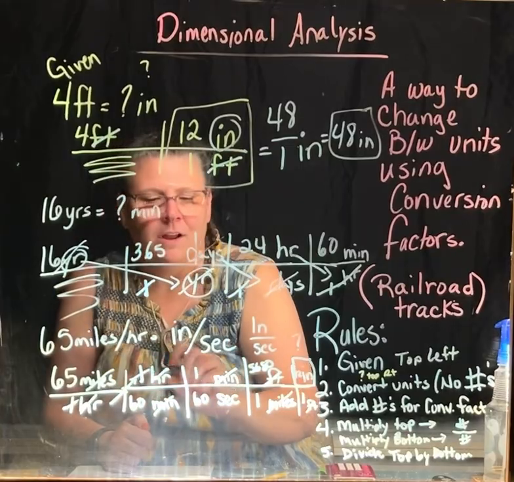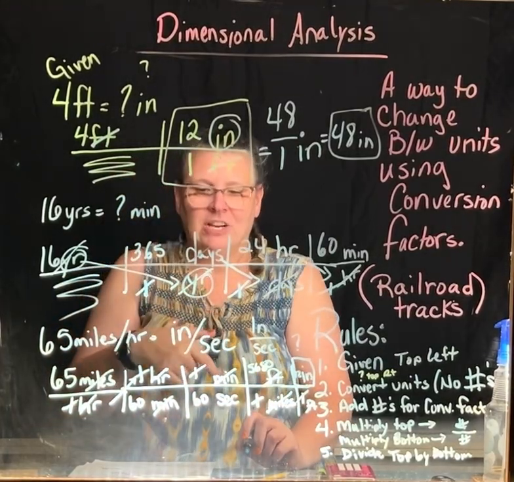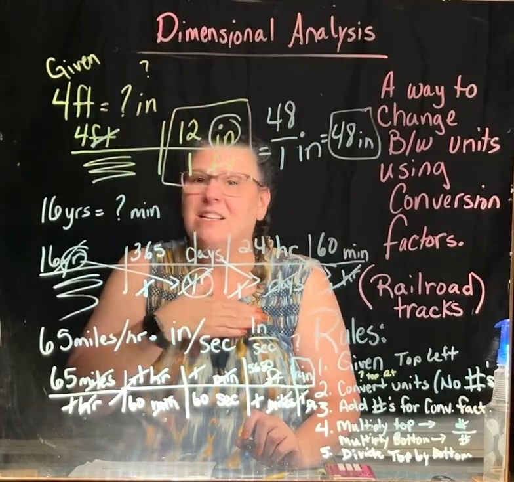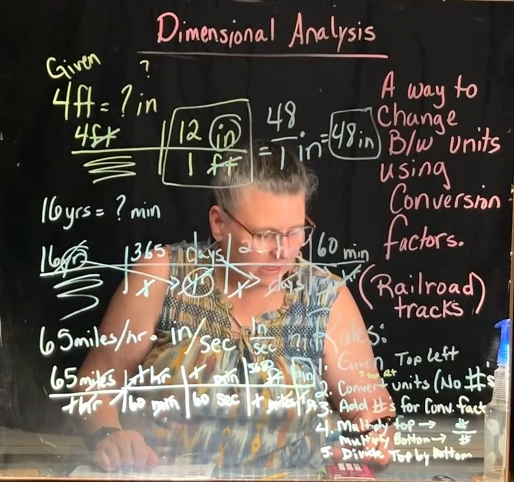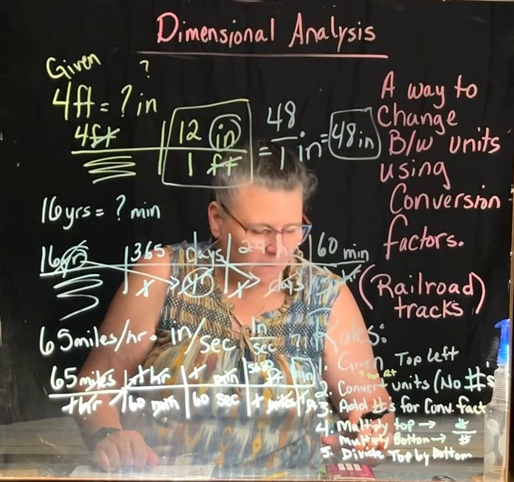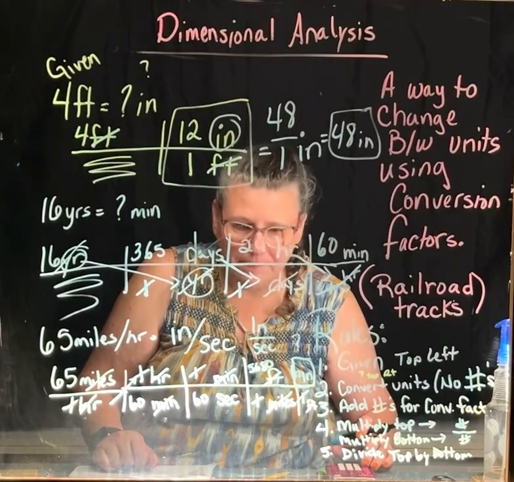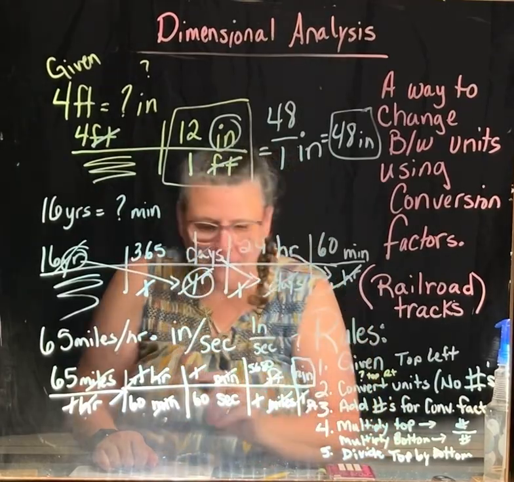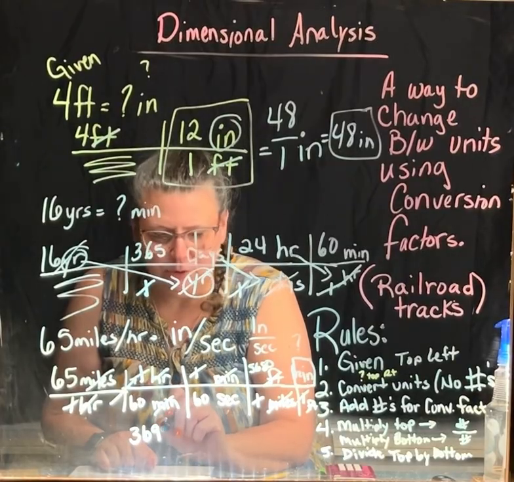I don't want to deal with ones, so I'm going to get rid of all the ones, because if I multiply by 1, it's not going to change anything. If I divide by 1, it's not going to change anything. So I'm going to just multiply. I'll do this one real quick. It's 65 times 5,680, which would give me, and I run out of board space, 369,200